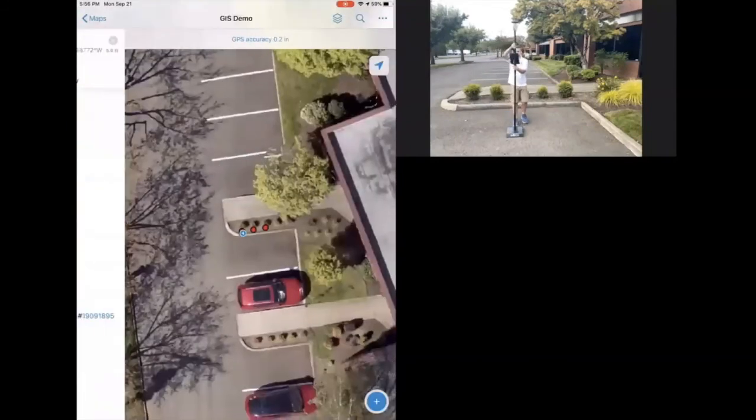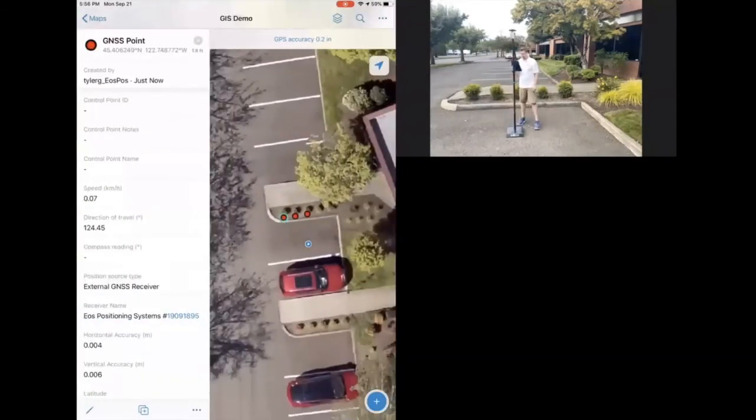And we can see those 3 points are, I was just at the edge of the bushes, but you can see they're only about a foot or so apart, and you can clearly show the distinction between those 3 bushes. Now, let's look at some more information that's captured with each one of those features, and that's the GNSS metadata that we talked about earlier, and we showed how to set up for each one of your layers. If you click on each one of these points, they each contain this